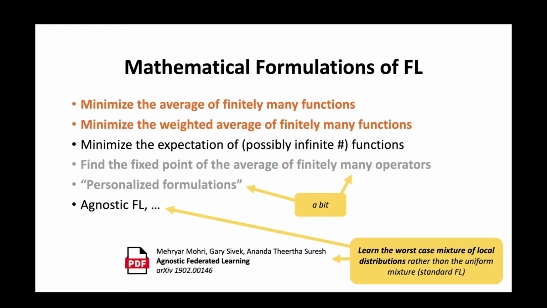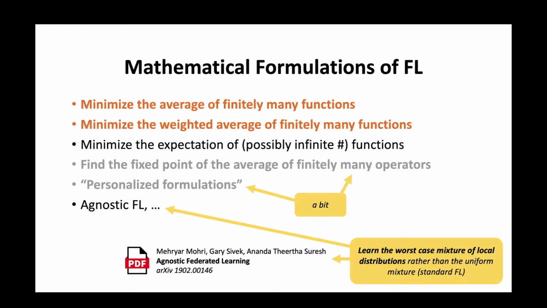And I won't talk about some other formulations, such as agnostic FL. I'm just throwing in here this citation. So here, this is interesting work, and there are many other different formulations where you don't want to minimize the uniform average over loss functions, but the worst case average, because you don't really want to trust that this is really the goal of the training in machine learning. There are reasons, and if you look into the paper, these authors argue very well why that might be